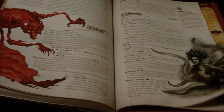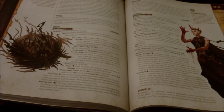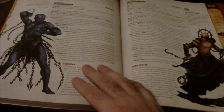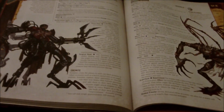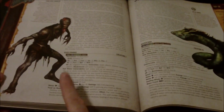All right, so we're getting near the end here. Vampiric Mist, another classic creature to have. And then we've got, so what are they, the Velstrak? In the search for ultimate sensation through self-mutilation. So these things are basically Cenobites. So anyone out there that's a fan of Hellraiser, for example, then these are sort of your creatures for that. And I think that's just another awesome inclusion to have in here as well. Obviously, they're not going to have an actual Pinhead, but it's just a cool creature concept to have. Void zombies,